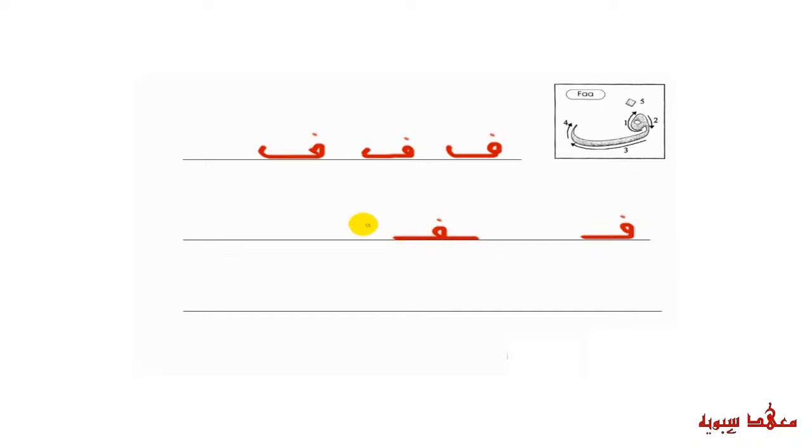Finally, at the end of the word. So it's exactly the same. Goes across, and then you loop, and then bring this up. So similar to the isolated form. Now three Thaas. So you have the Thaa, and then loop, and then loop, and then bring it up. Dot, dot, dot. Next letter is the Qaaf. The Qaaf is a bit different to the Thaa, in that it starts off the same,